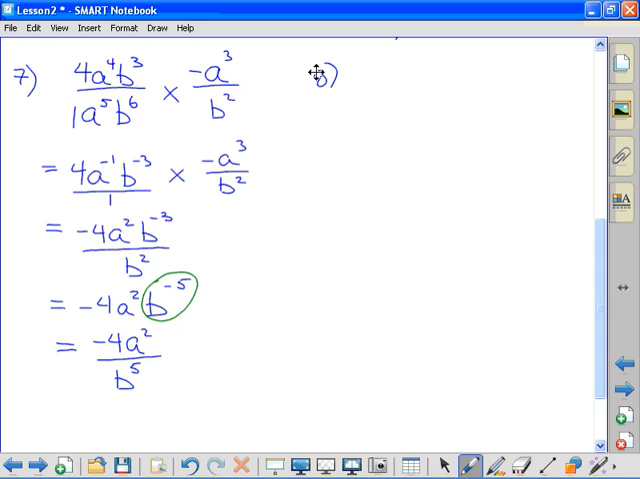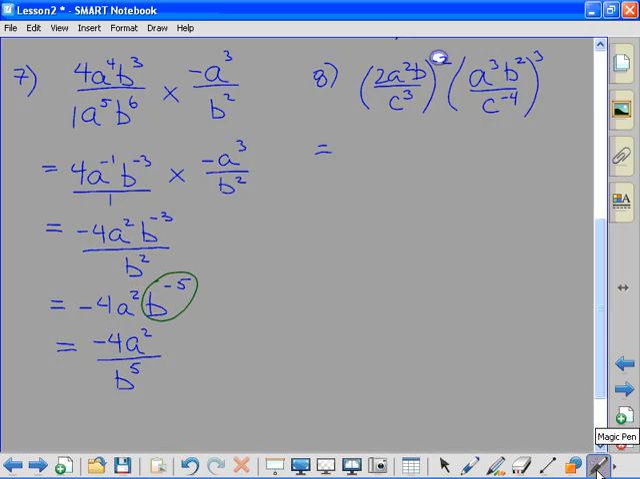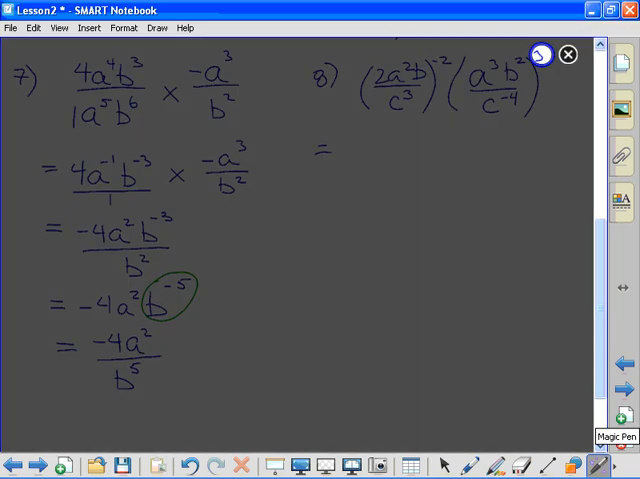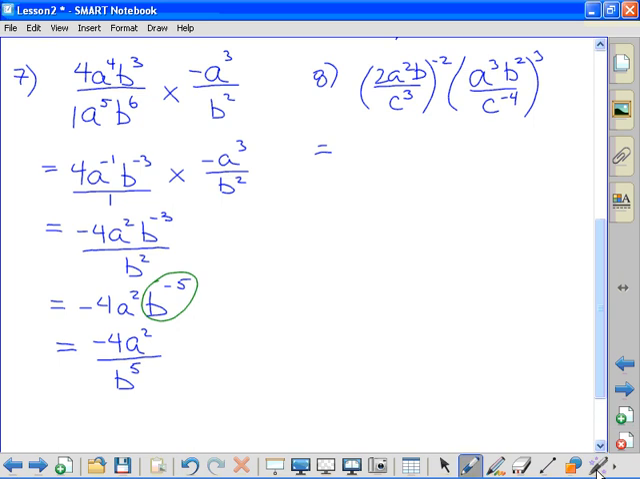What happens if we have 2a squared b over c cubed to the negative 2, multiplied by a cubed b squared over c to the negative 4, and we'll cube it. All I can say is what I would do: I'd simplify, get rid of the exterior exponents first. So my first job would be to get that negative 2 and the 3 distributed in to get rid of those exterior exponents. So I would end up with 2 to the negative 2, a to the negative 4,